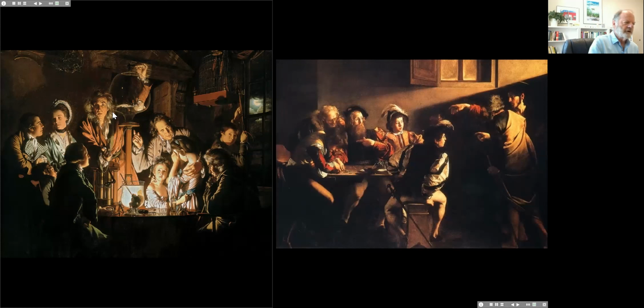In the case of Derby, it's scientific truth. It's the knowledge of the world, this new knowledge of the world that is being revealed, in which the strong light and dark contrasts are employed to dramatize. So the two paintings show a shift in interest away from the church and the teachings of the church to a greater interest in the world, the workings of the world, and an effort to understand the way things work and to then use that knowledge for the betterment of humanity.